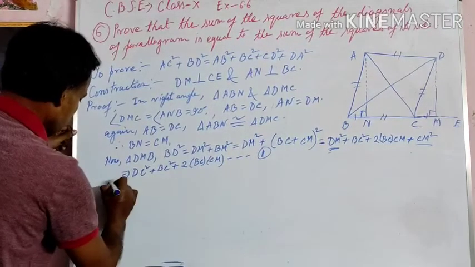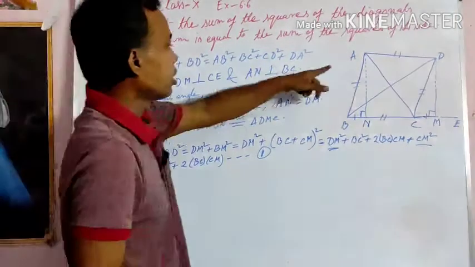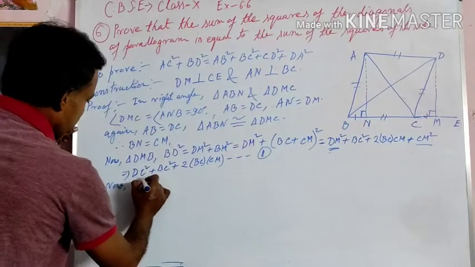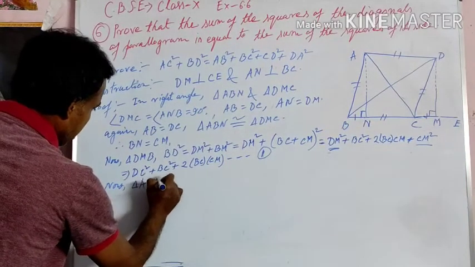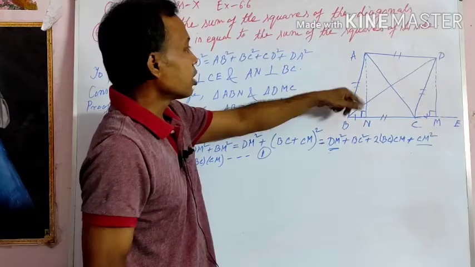Now in triangle ABN, this is also a right angle triangle. So applying